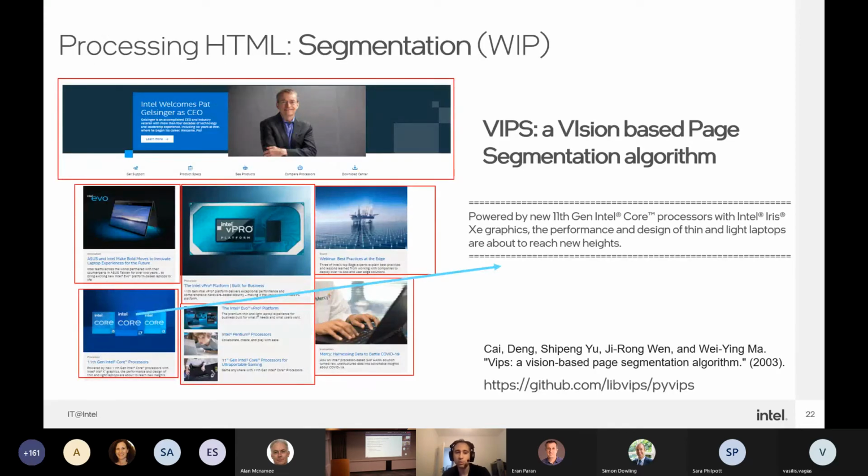So we first want to somehow segment pages. We can do it in several ways. For example, we can use the DOM tree information, but we can also use more sophisticated methods like Microsoft VIPS, which exploits visual cues like fonts, font size, and colors in order to segment a page.